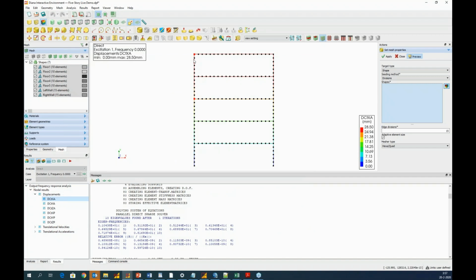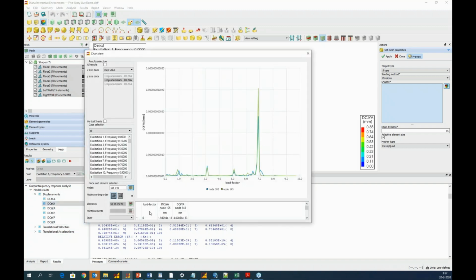Let's do the same for 2 nodes of the floor. So I unselect this node and I take a middle node on the top floor and on the third floor, and I look at the Y displacement. So the first thing to note is that the amplitude of this deformation, the displacement is 10 to the power minus 11, so very small.